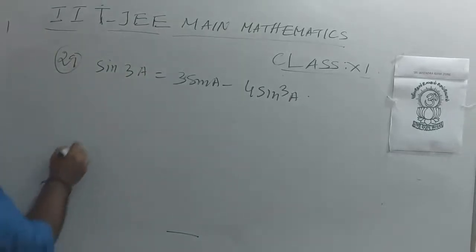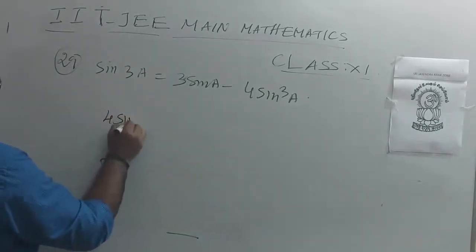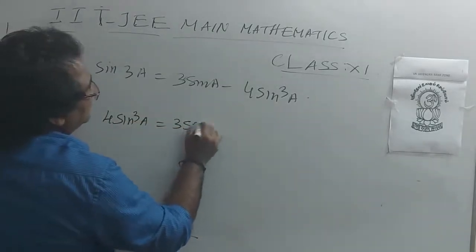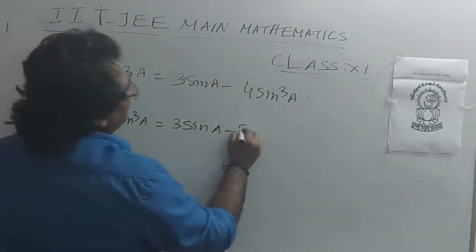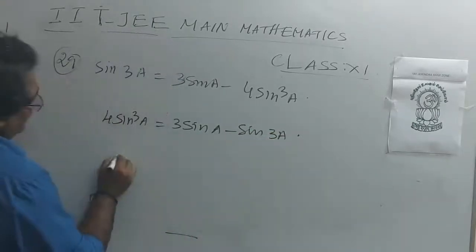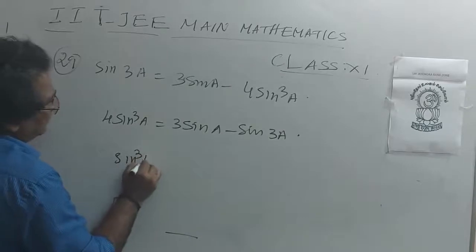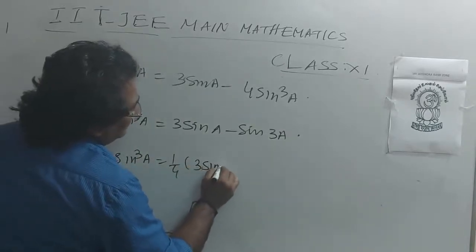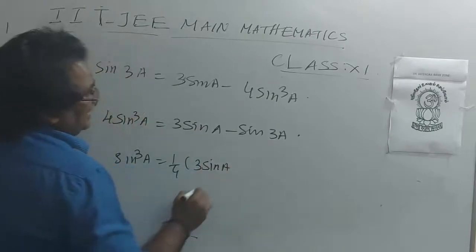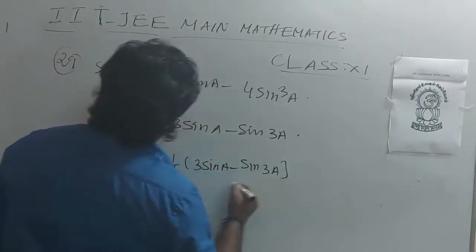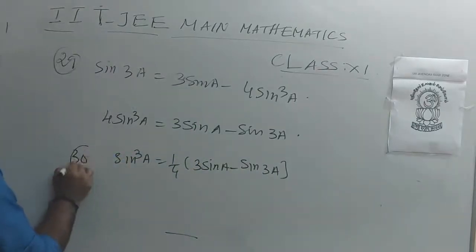From this, 4 sin cubed a equal to 3 sin a minus sin 3a. So sin cubed a equal to 1 by 4 of 3 sin a minus sin 3a, that is